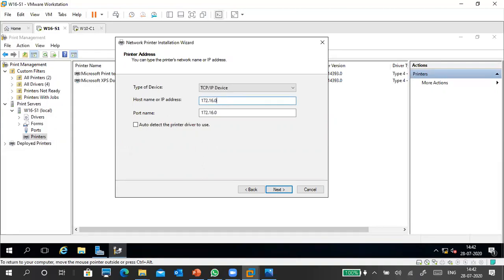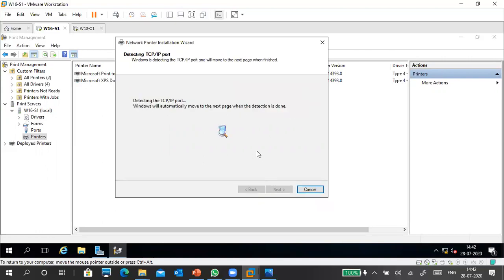16 0.201. Okay. If you want to put a different name, you can use the host name also. It tries to find the printer with the 201 IP address. Nothing is there with that one, not only a printer host in my network.